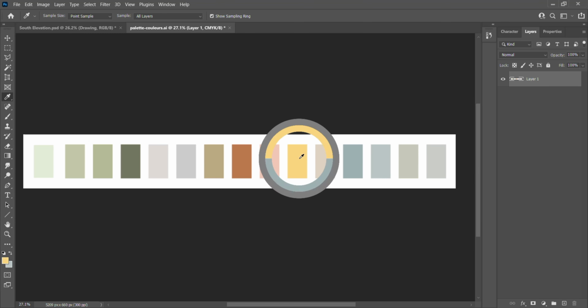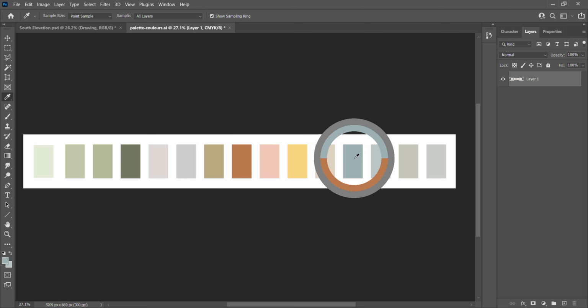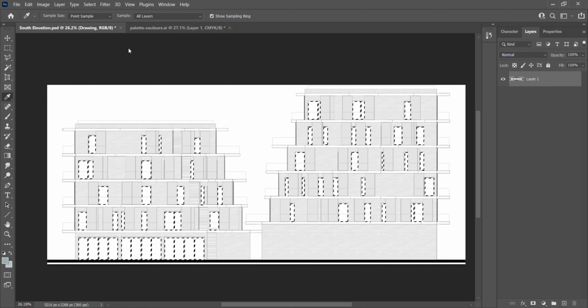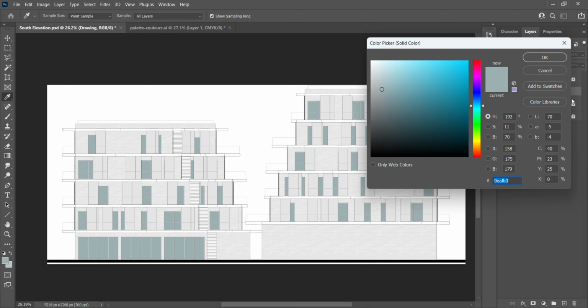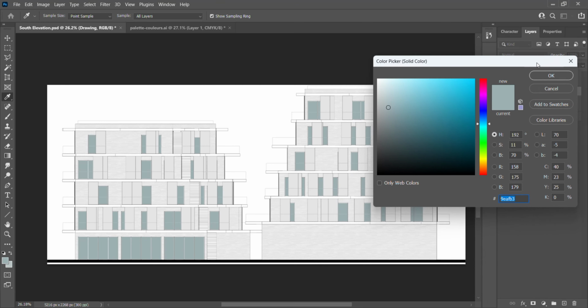So here you see me with the little eyedropper to select the colors. I'm sure you guys know how it works. I'm just referencing the palette that we have for the project. And I'm just gonna fill in all those windows with the same color and do the same exact thing afterwards